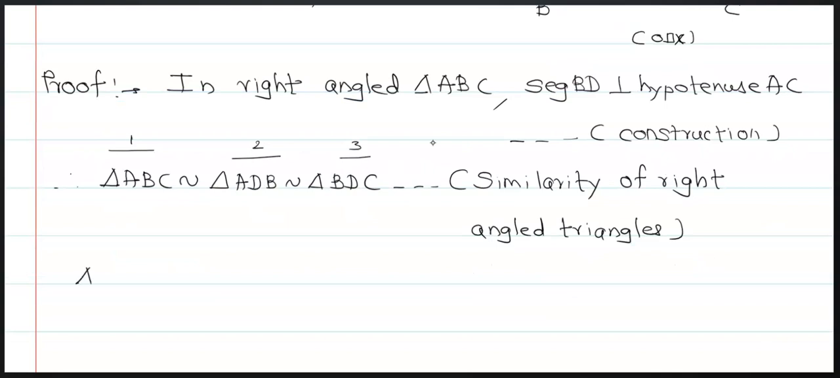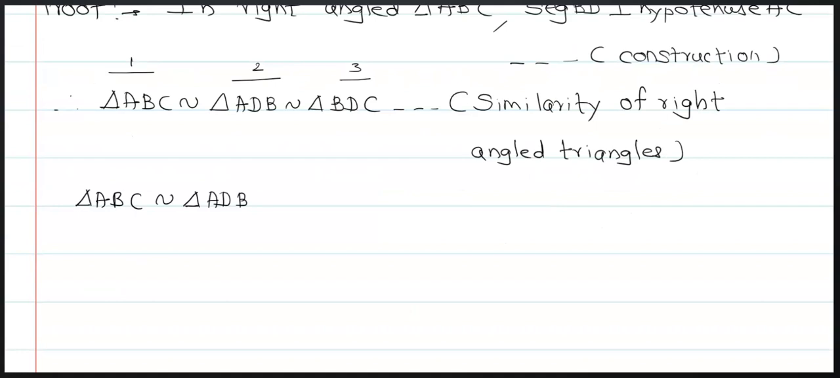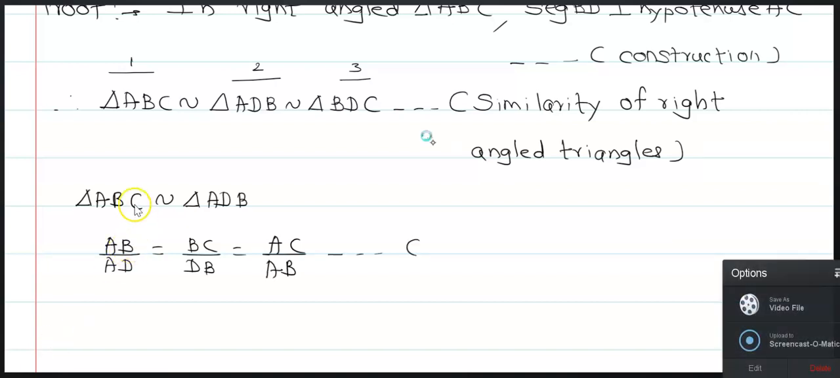Now ABC is similar to triangle ADB. AB upon AD, BC upon DB, AC upon AB. Now see this here: AB, first two, upon these first two; BC, second, and third DB; AC, this is AC upon AB. Therefore